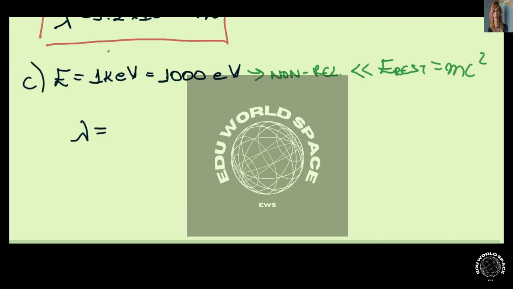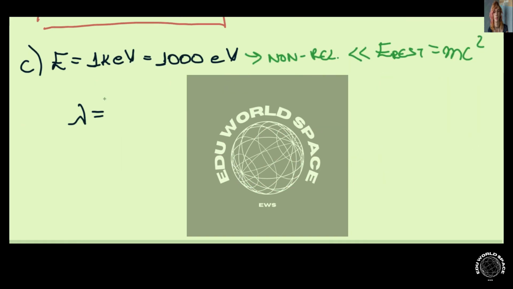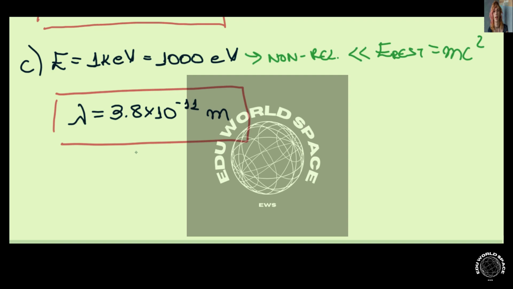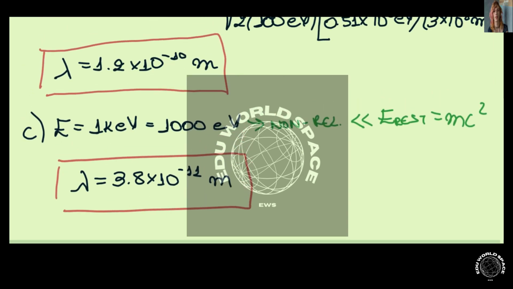I won't write the whole expression again. Just keep in mind that instead of 100, I'm going to be using 1,000 electron volts. By doing this, we find that the wavelength will be 3.8 times 10 to the minus 11 meters. Again, we see that as we increase the energy of the electron, its wavelength is reduced. And with this